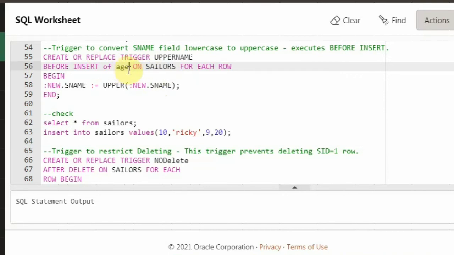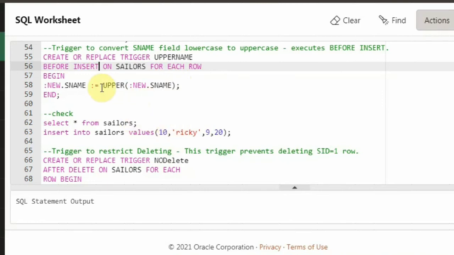And then I have mentioned the column name, and then I am saying for each row. For each row will execute for the row that is inserted. If I ignore this for each row, it will be considered a statement level trigger. So the statement level triggers are the table level triggers. They work on the table in bulk, so updations will be done in bulk on the tables. So this will be done only on one insert.